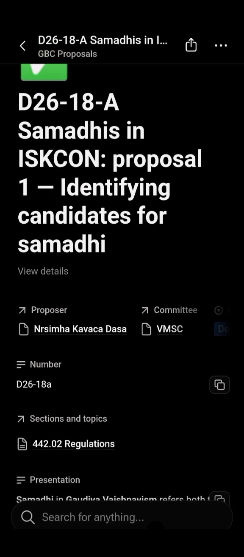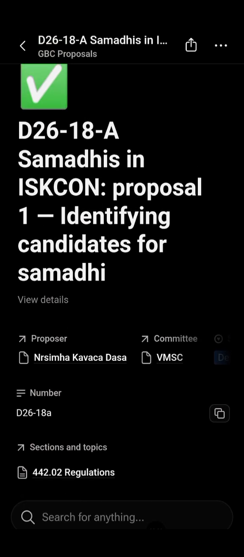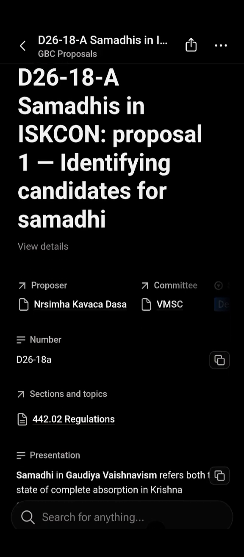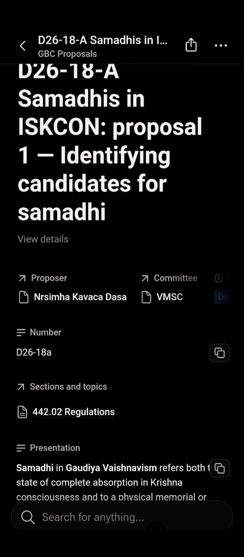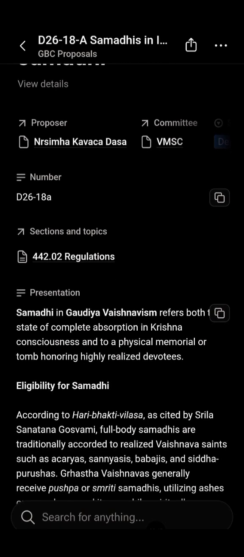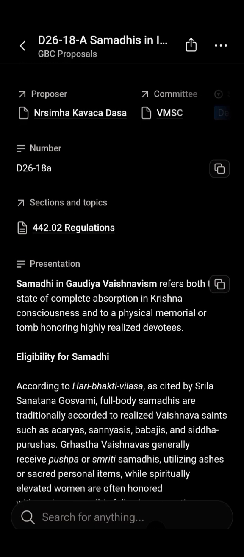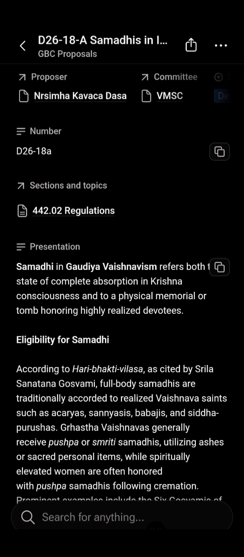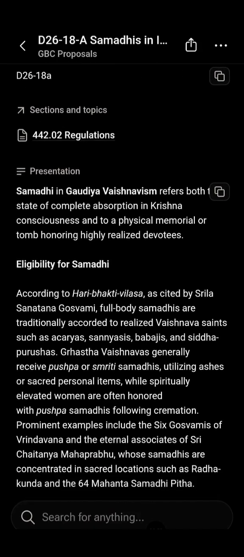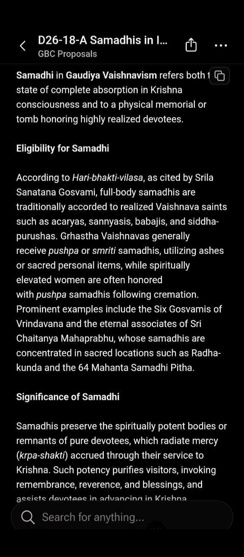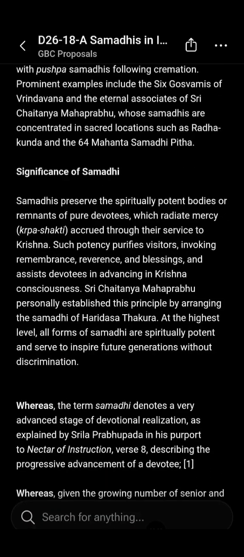Okay, so this is the proposal where D2618A is the proposal number. It's pertaining to Samadhis in ISKCON. In proposal 1, we got multiple proposals regarding Samadhi, so in identifying candidates for Samadhi. Proposer is His Grace Narasimha Kavach Prabhu. Committee is VMSC. So proposal number, then comes the presentation: eligibility for Samadhi, significance of Samadhi,